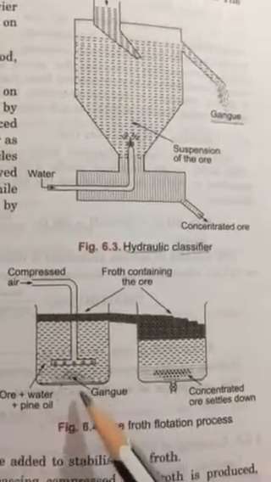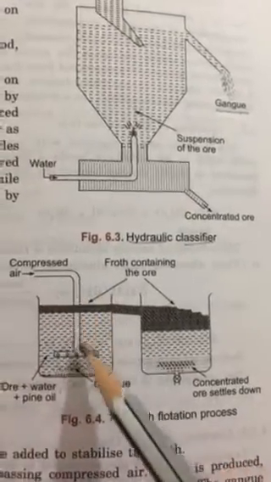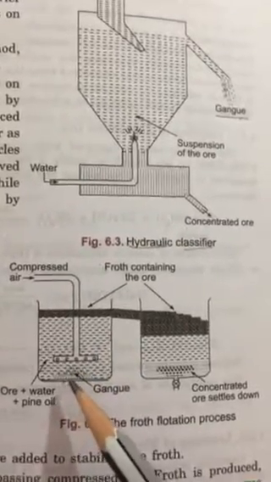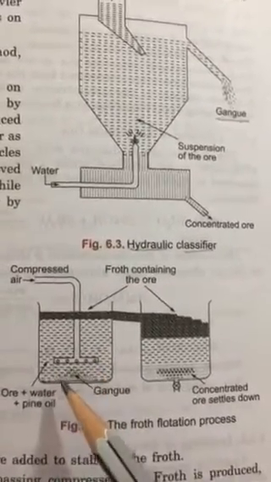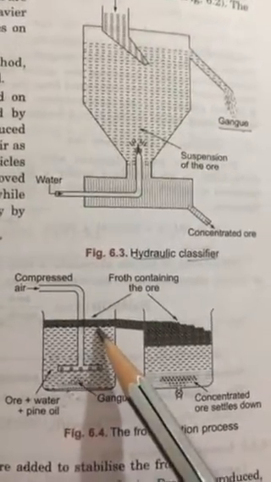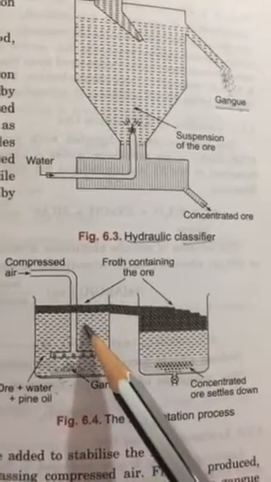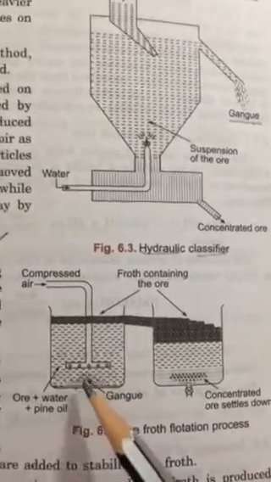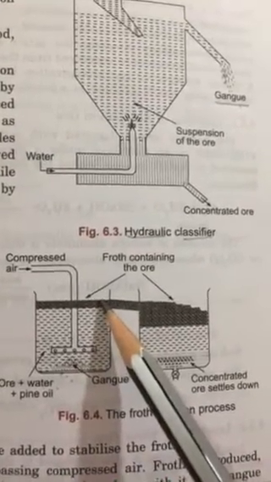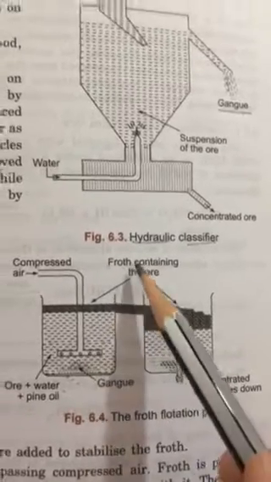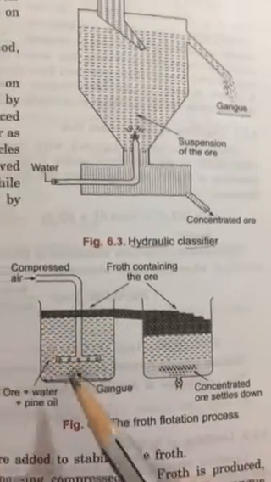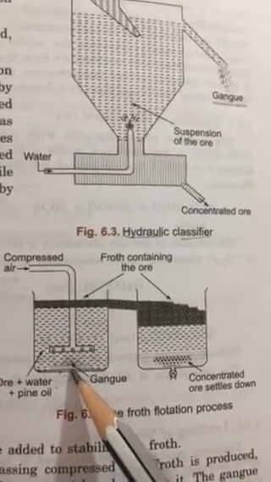The mixture is taken in this beaker. Compressed air is sent to it. The air, when bubbled through it, would cause the formation of bubbles, such that oil being lighter would float at the top and water would stay behind. We would observe froth, which basically means foam. So froth or foam would have the ore part in it and the impurities would settle down.